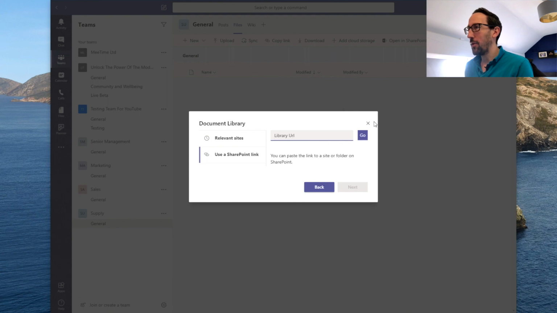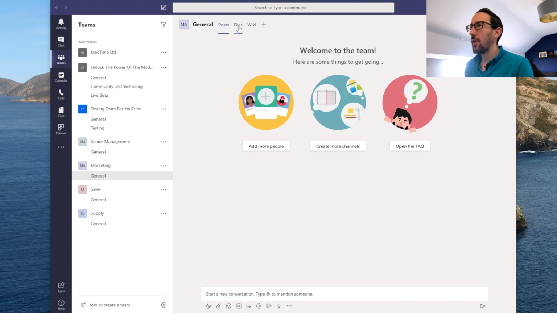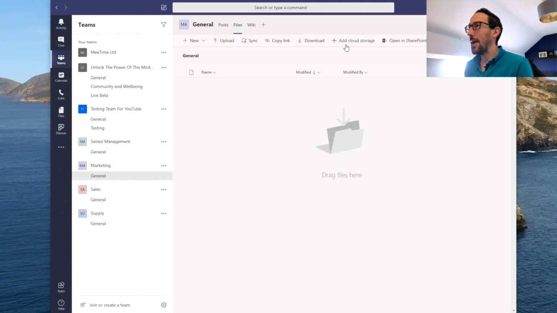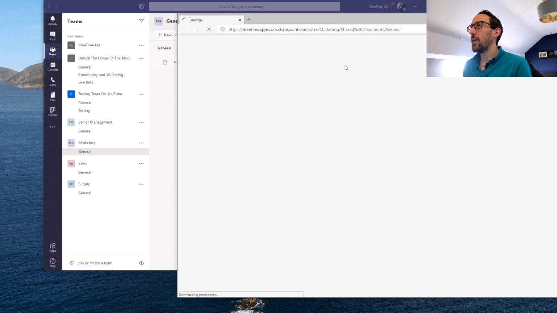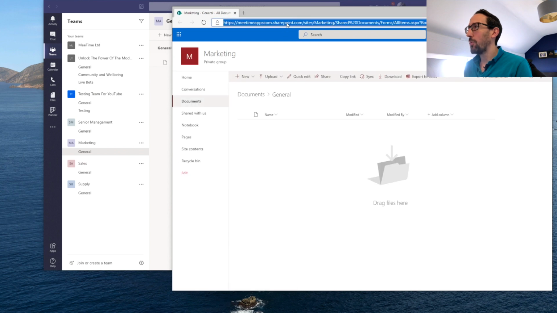So we haven't got a SharePoint link yet, so we're going to go back into marketing, go to files, and open in SharePoint. That'll jump us out into our browser, and we're just going to grab this top URL